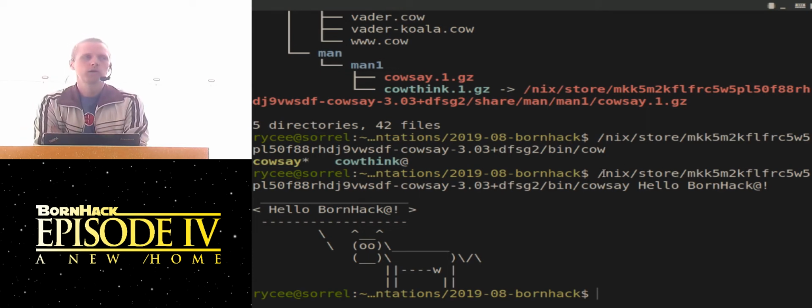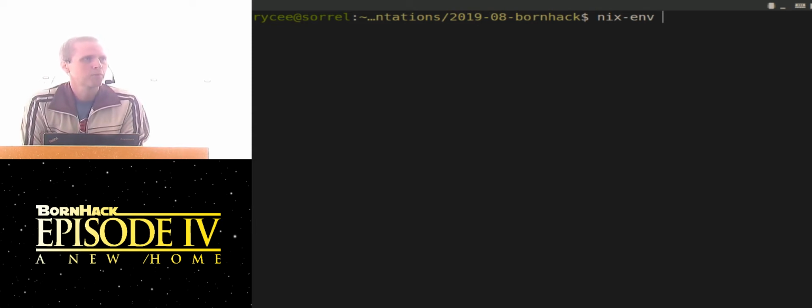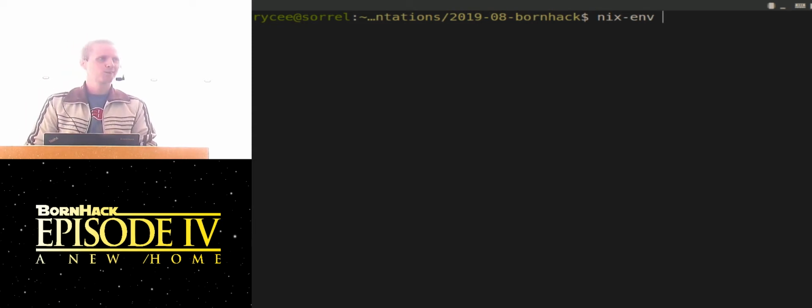Since we're never overwriting packages, we're never having a global set of packages installed, Nix allows us to safely perform user-level operations on the packages. For example, we can install a package into our particular user environment. So I'll run nix-env, and let me just, before I write, excuse the user experience of this command line argument.